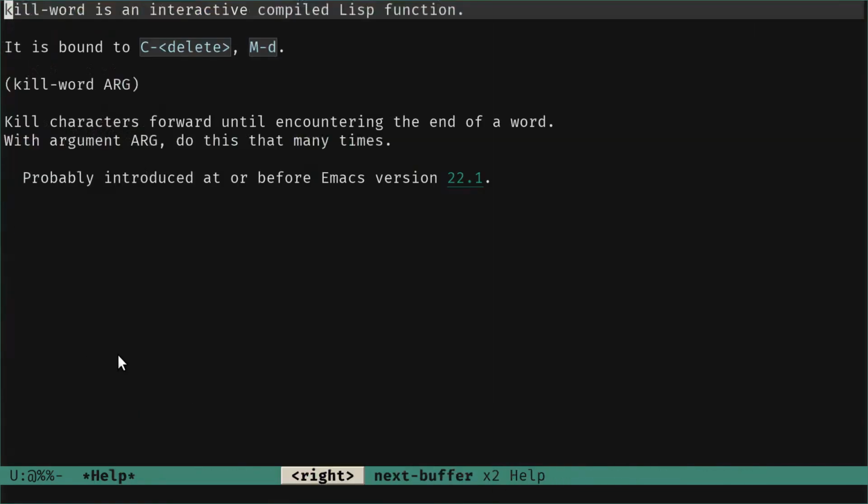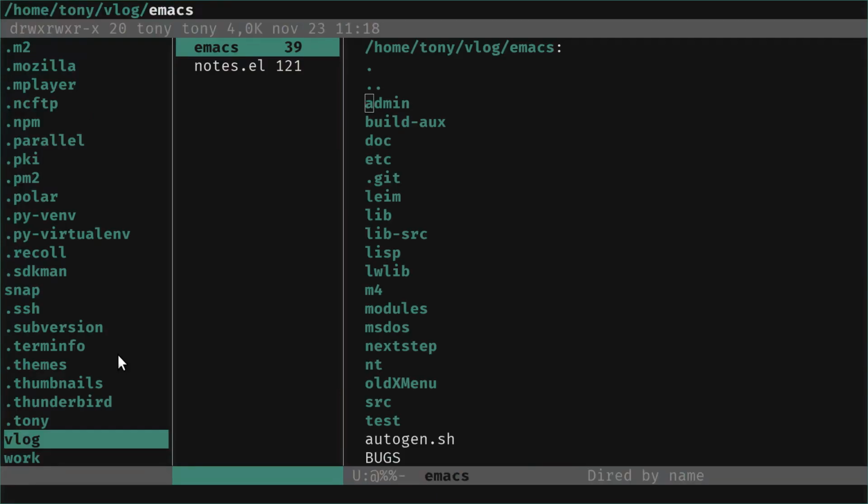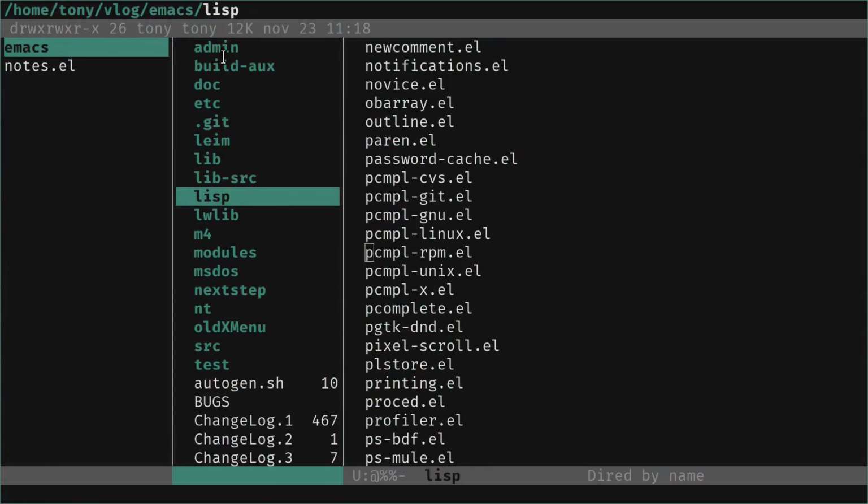Now, I'm using BFS, which is a simple interface to browse the file system like ranger. Here we are in the Emacs directory, and we can see everything there is.